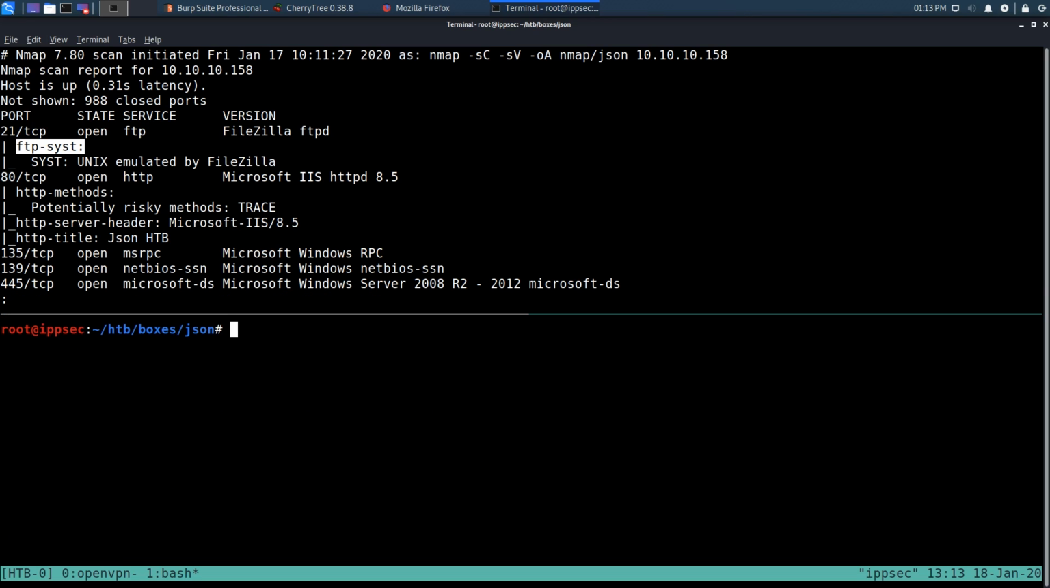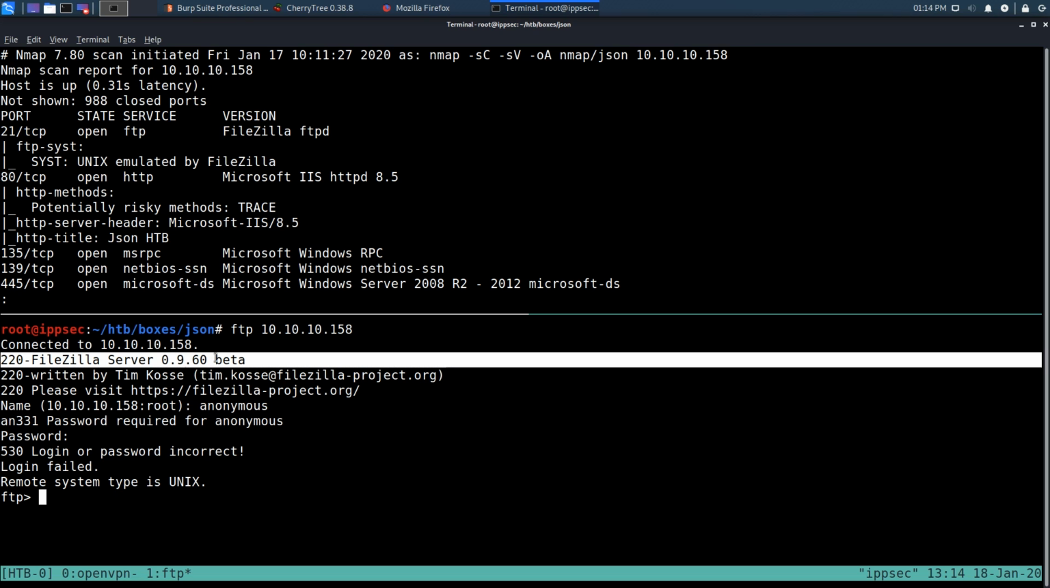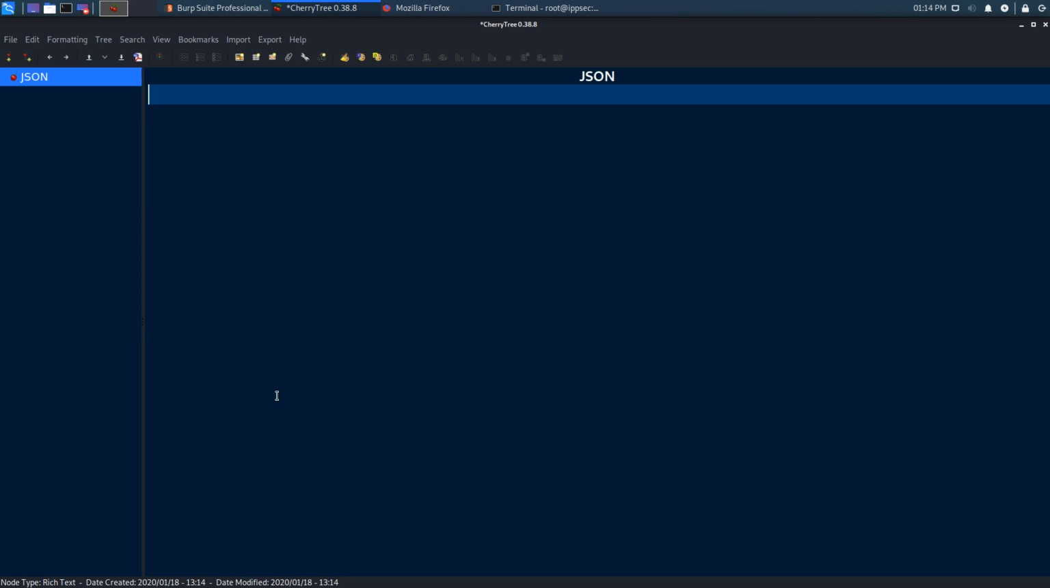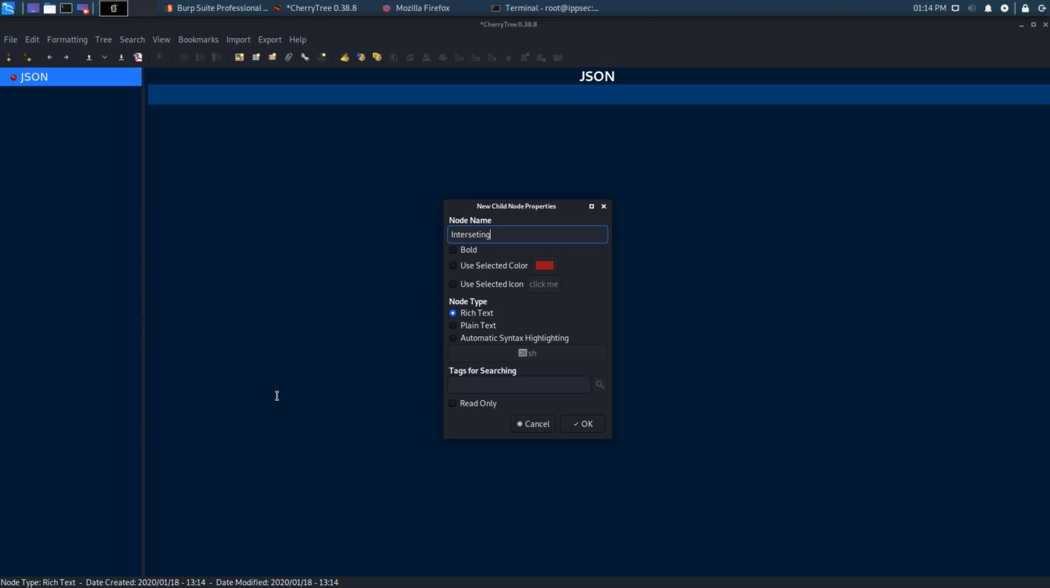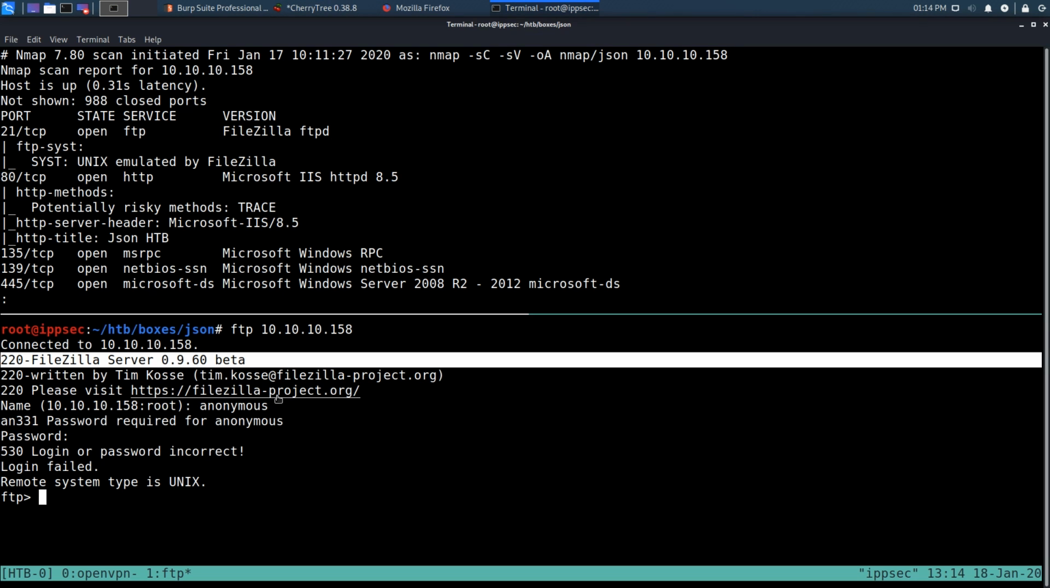So there is one thing I always like testing for with FTP, and that's anonymous authentication. So going ftp 10.10.10.158, I'm just going to try logging in with anonymous, and we get the password is incorrect, so anonymous authentication is disabled. However, we learn one new piece of information, and that is the FileZilla version number. So I'm going to go over to CherryTree, Control-N to create a new node, Control-Shift-N to create a new child node, and I'm going to mistype interesting